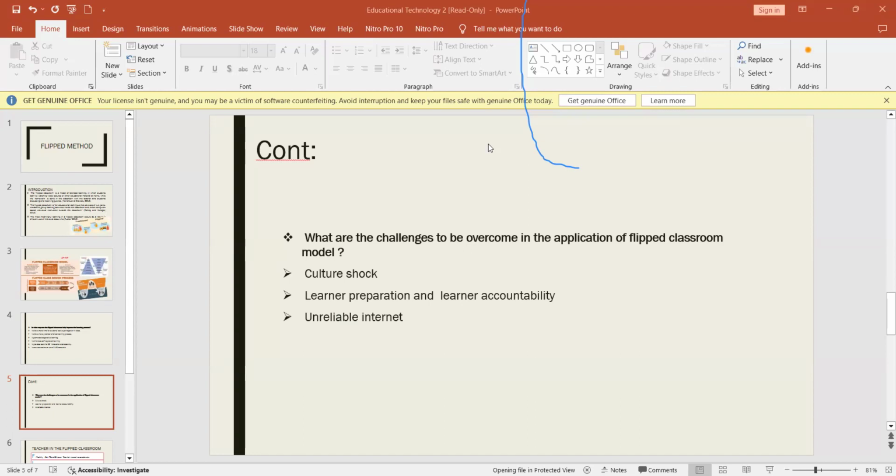Okay. And then learner preparation and learner accountability. That means you can't help it if the learner's not doing it properly. If the learners are cheating, you can't help it. So it's a challenge. Learner preparation and learner accountability is a contributing factor, and it's a challenge because the teacher doesn't know whether they are genuinely doing it. Unreliable internet, because the lot of activities to be done out of class before coming to class,